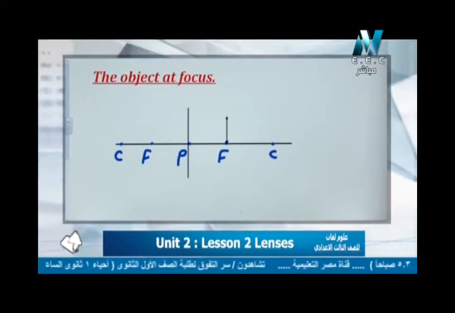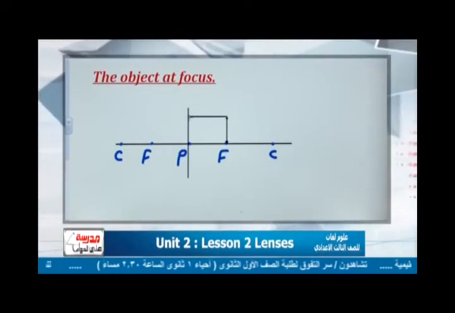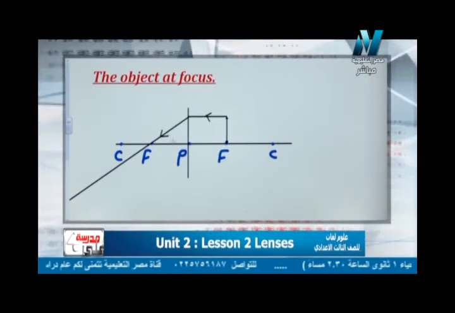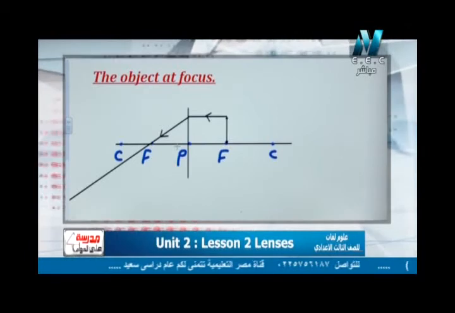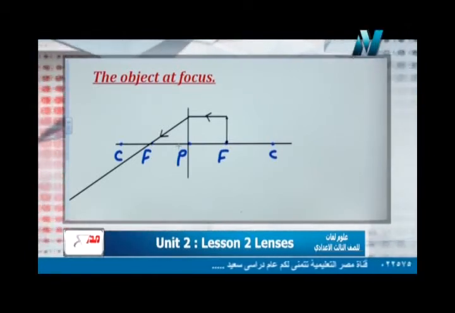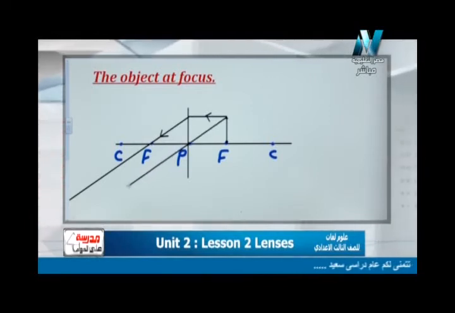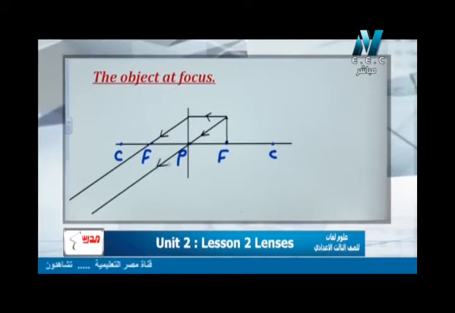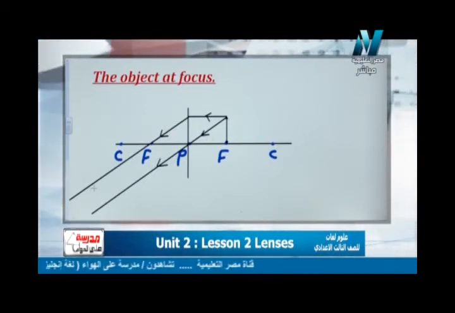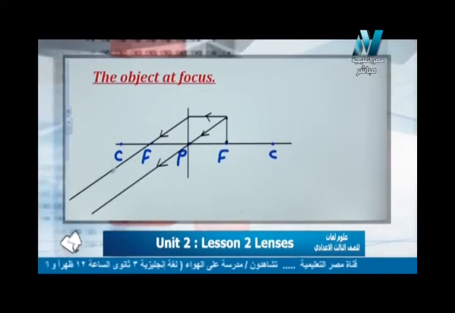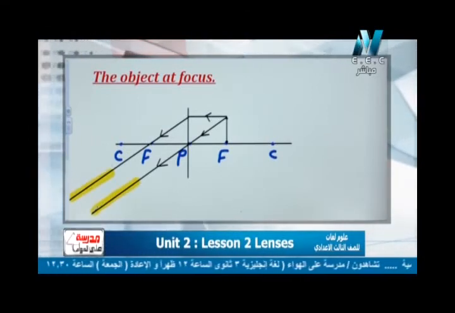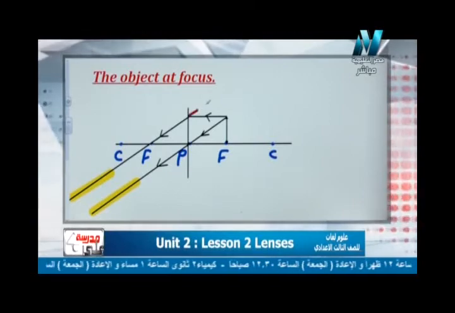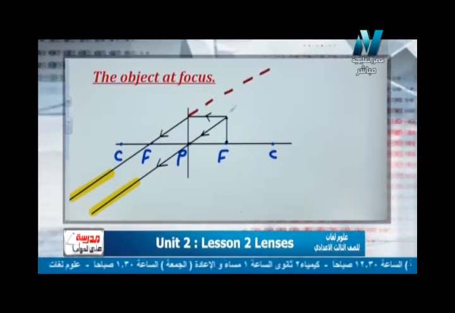We can apply here rule number one, the light ray parallel to the principal axis. In this case the light ray will refract through the focus. So we have to deal with rule number three, because we stand actually on the focus. In this case, the light passes through the optical center with no refraction. So the two refracted light rays never intersect. They are parallel, and if we try to make an extension to each light ray like that,